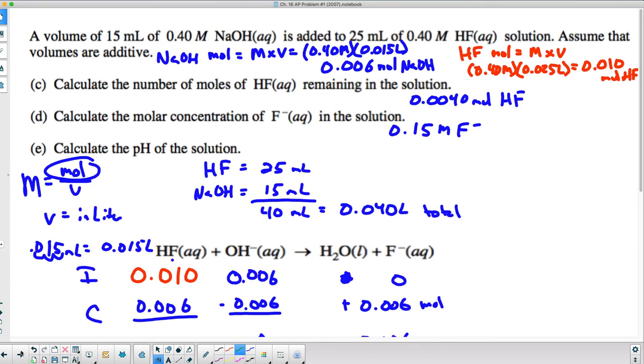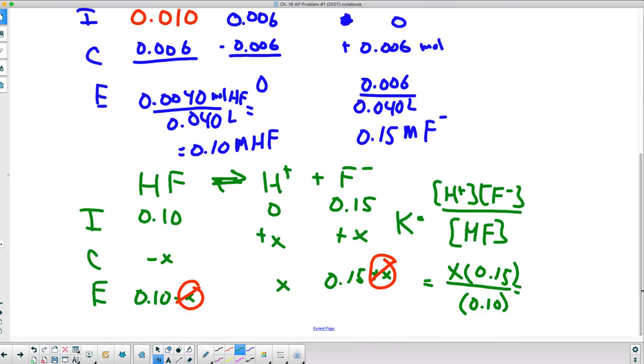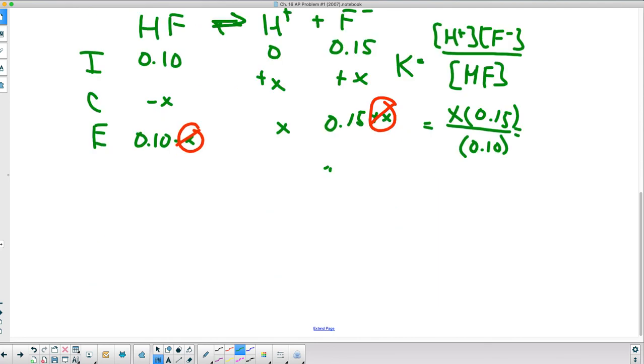Let me go back down to the bottom here. I need a little more room. There we go. So all of that equals 7.2 times 10 to the negative fourth. So on my calculator I multiply by 0.1, divide by 0.15, equals, so my x here equals